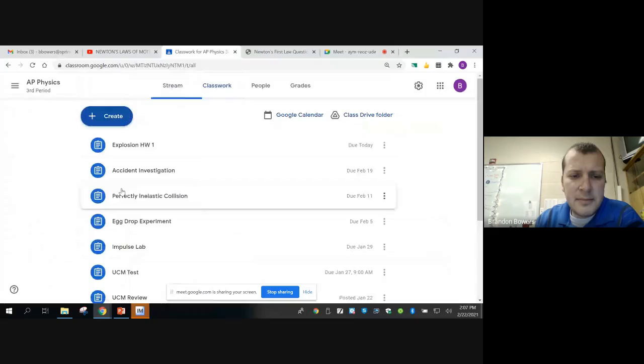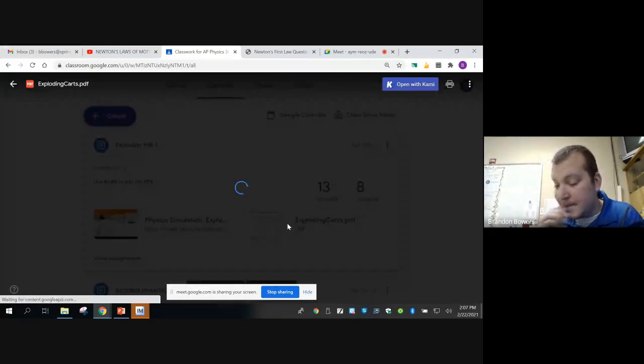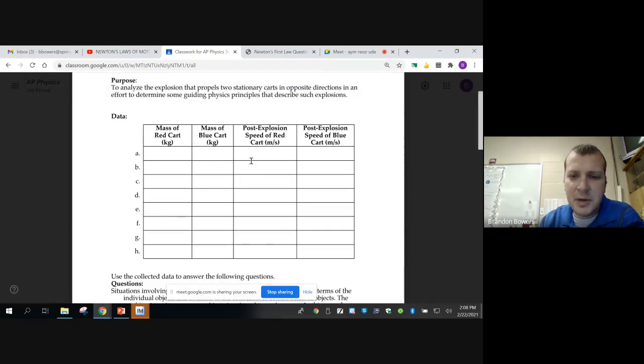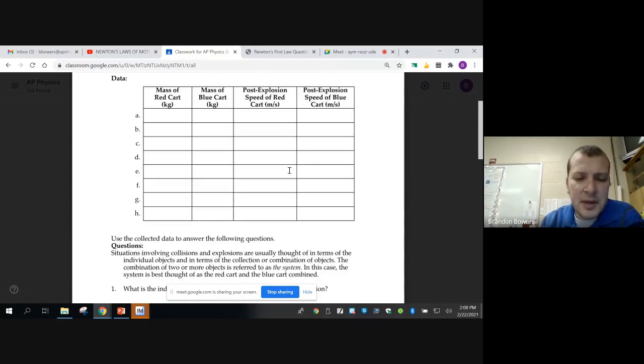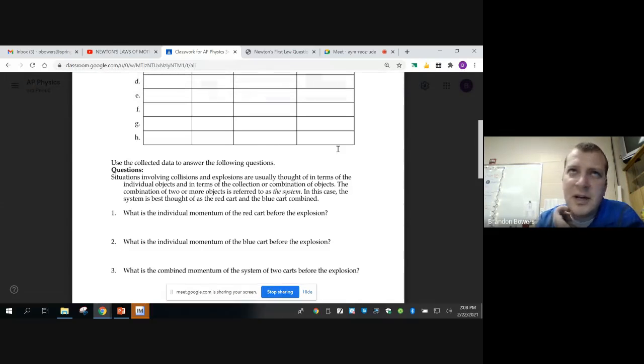So hopefully you were able to get multiple trials of the mass of the red cart, mass of the blue cart, and then the post-explosion speeds. Now, when you're analyzing the momentum, okay, so when we look at our momentum equation,